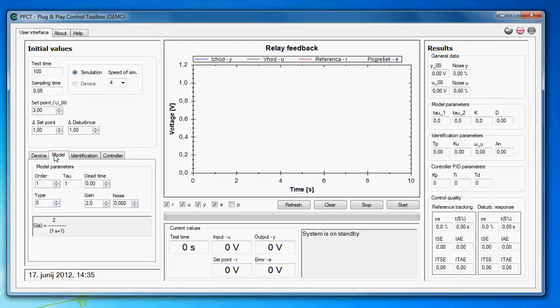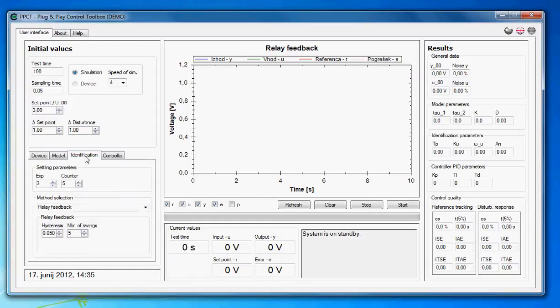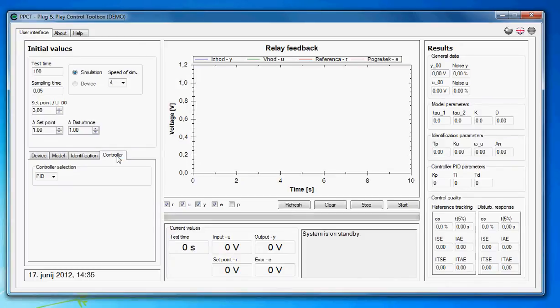For the simulation we have to choose the model on which we will be doing our tests. Then we can choose between different identification methods,